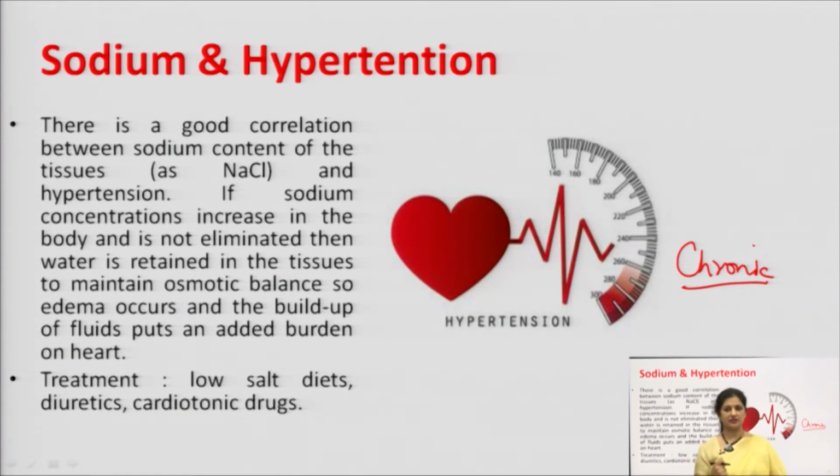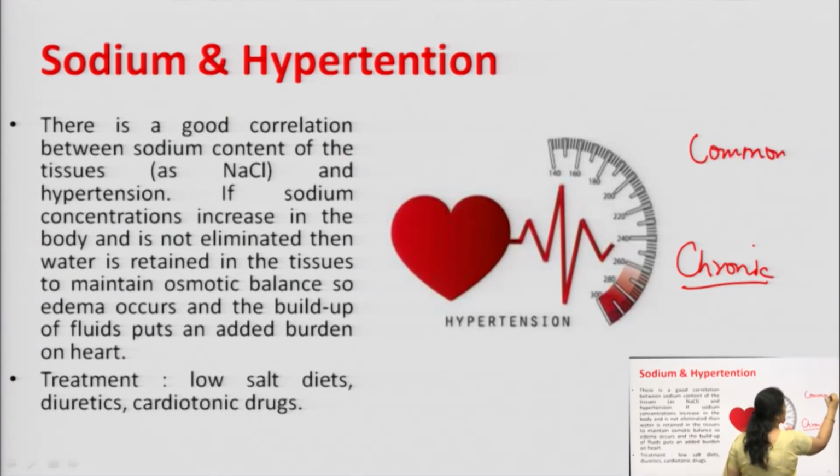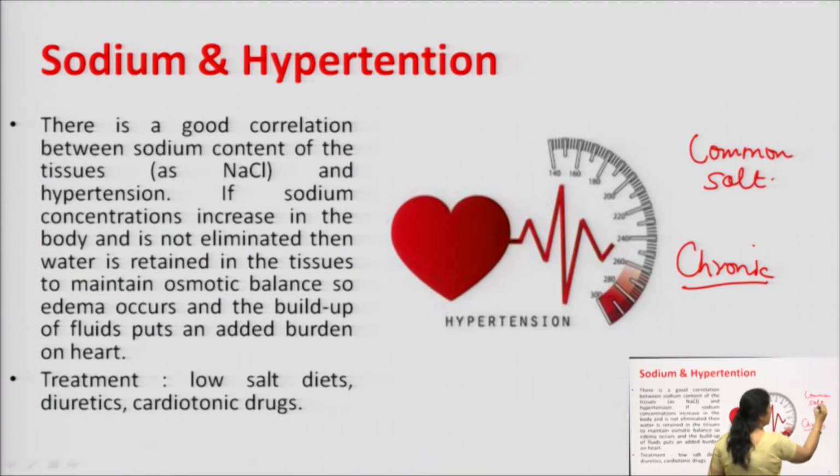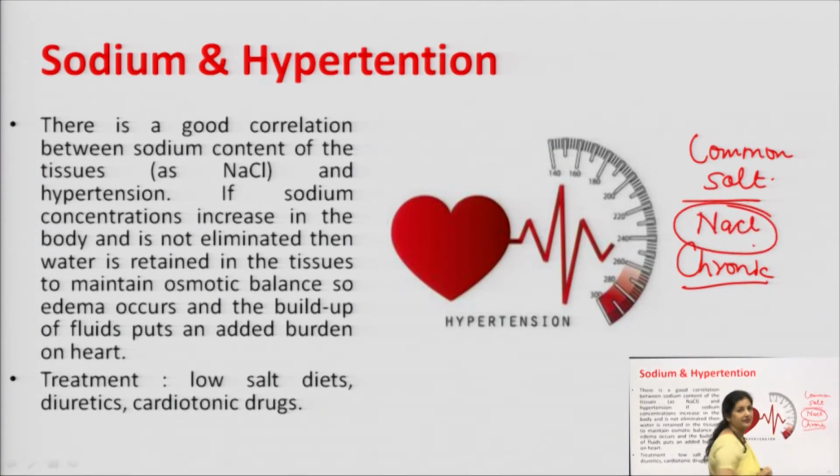Let me tell you what is the concept here. What basically happens? आपने देखा होगा कि जिनको हाई ब्लड प्रेशर रहता है, the patients who are suffering from hypertension, they take a low salt diet. वो नमक कम लेते हैं. Salt, that is the common salt which we take in our diet, and its chemical formula is what? It is NaCl. ठीक है. So NaCl जो हम अपनी डाइट में नमक लेते हैं, that gives what into our body? That gives chloride ion and sodium ion.